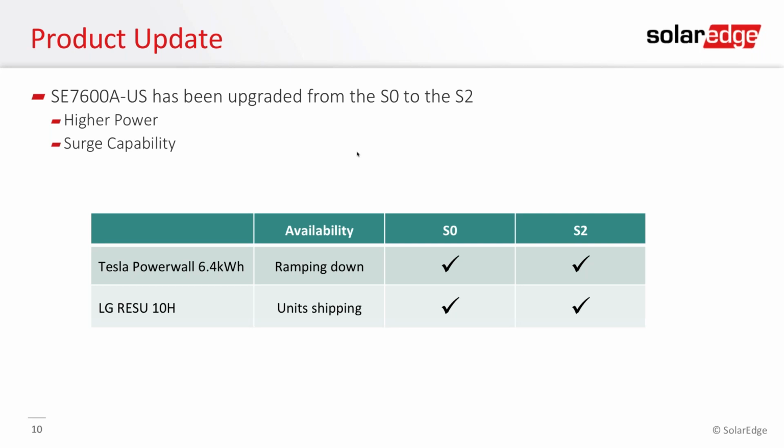The next two letters in that part number, the S0 or the S2, designate that it is a storage unit, and whether it is the first generation or second generation storage product. Second generation storage product is higher power. Basically, it can discharge and provide more backup power, and it also allows for surge and the simultaneous discharge of multiple batteries in a system that has more than one connected, specifically two, because that will be a limit. Both of these products will work with the Tesla Powerwall 6.4 kilowatt battery system and the LG Resu